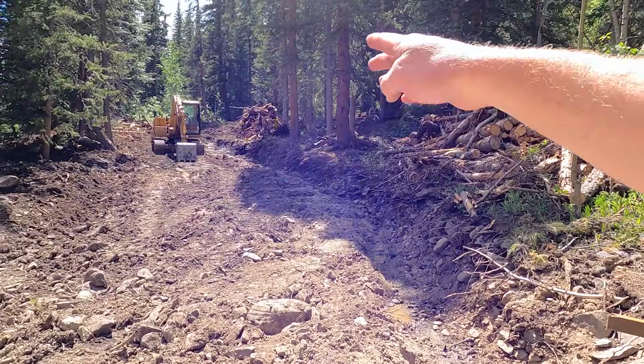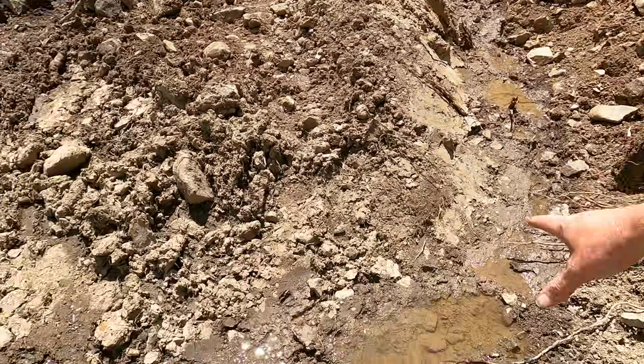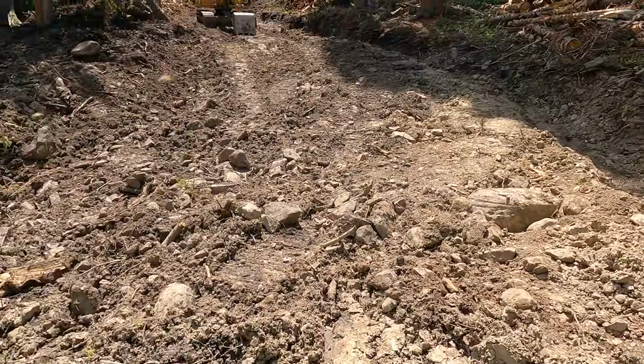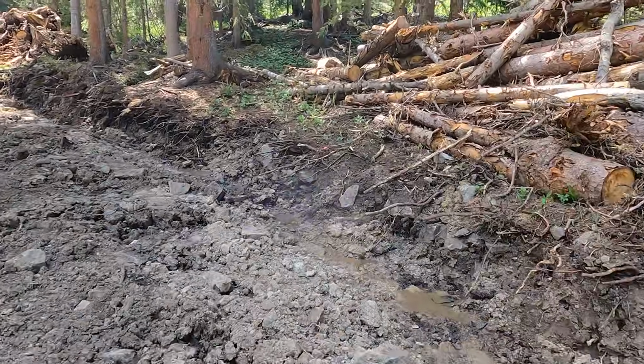All right, we're back 2 days later. After we cut all this in, got a lot of this topsoil out of here, and you're seeing this spring. I keep talking about it, lots of water. But this looks like it's drying out pretty good. Heck of a lot better than the other day. This is all mud, so